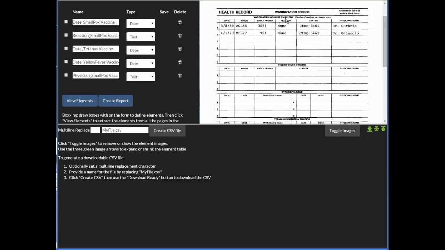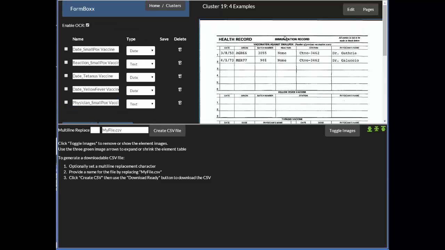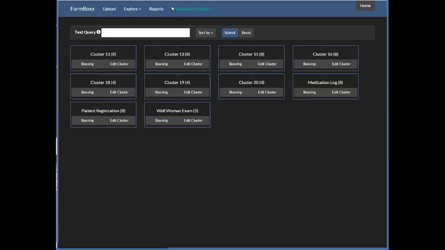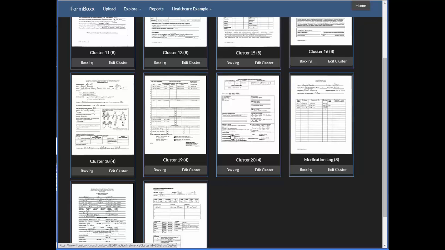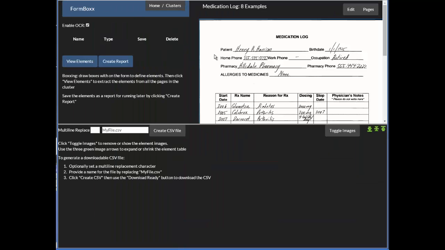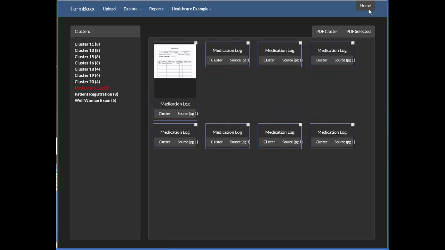On the left, we've identified fields that would be useful for data extraction, and we'll go over that in the data extraction tutorials. As you get used to using clusters, you'll find that it's a very powerful way to aggregate forms that are the same across all those directories. We find it extremely useful for indexing, and one can think of it for all kinds of applications, from finding invoices across months or dates to finding specific forms across different patient folders. It really is what gives FormBoxx its unique capability to organize your documents in a way that makes